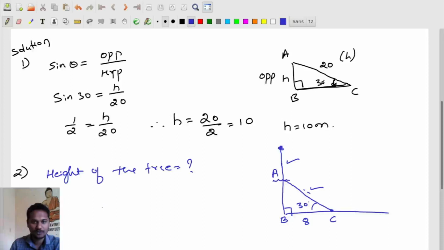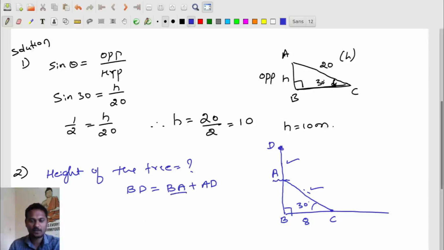Okay, so now first tell me what is the height of the tree here. In this case it is from point B to, if I take this point as D, so here the height of the tree is B to D. And what is B to D? That is B to A plus A to D, right?